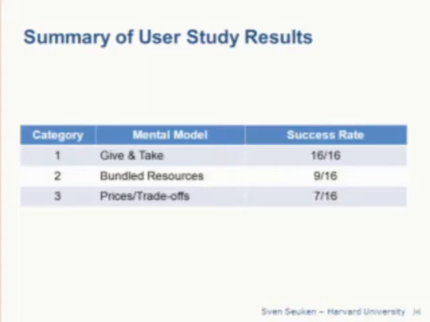This is a very, very condensed overview of our results, and this is partly answering your question about the peer-to-peer backup system from the beginning. The first mental model is give and take, which means: do the users understand that the more resources they are willing to give up, the more they will get in return? Based on our user study, we find that when interacting with this UI, all users eventually understand that if they want more, they have to give more. We see that as the task got more complicated, fewer and fewer users fully understood or correctly solved the task.